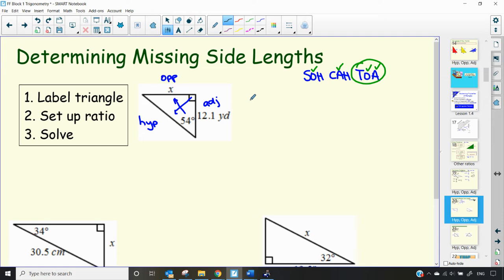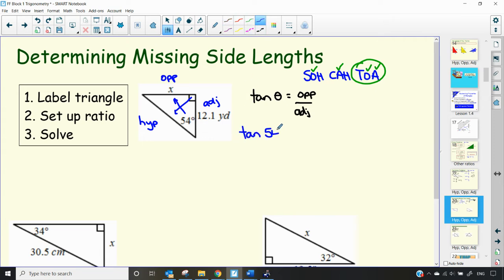So if I look at my formulas, tangent of an angle, sometimes you'll see it as an x, sometimes you'll see it as an angle, tan theta is opposite over adjacent. So I start by writing out my ratio. Now, once we get more into trig, I'm not going to expect to see the formula, but I will expect to see a ratio with numbers. So tan of the angle, so tan of 54,